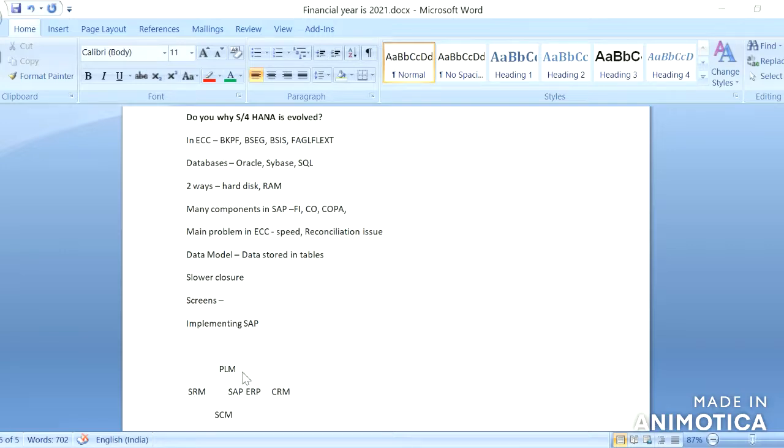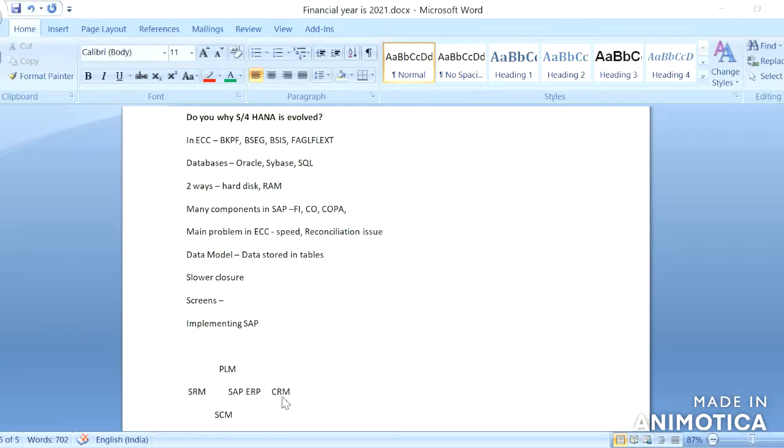These are not inside the ERP, they are outside the ERP, as additional components. In SAP ERP, it is FI, CO, asset accounting, MM, PP, and all these components are included in ERP.